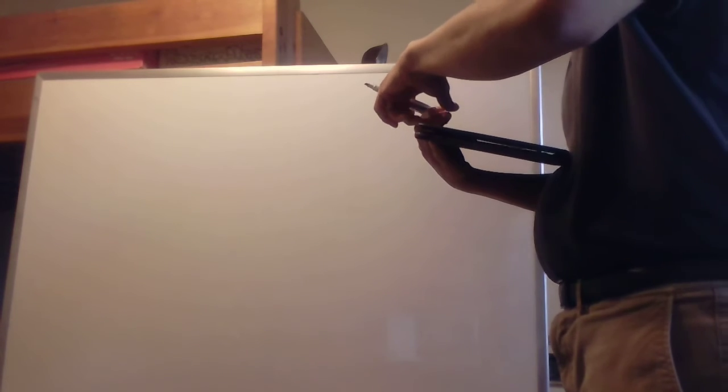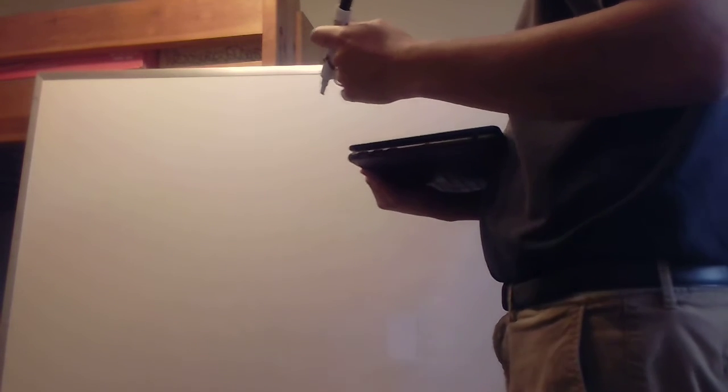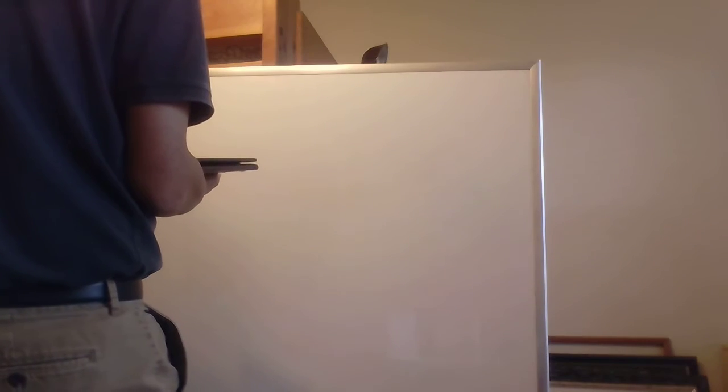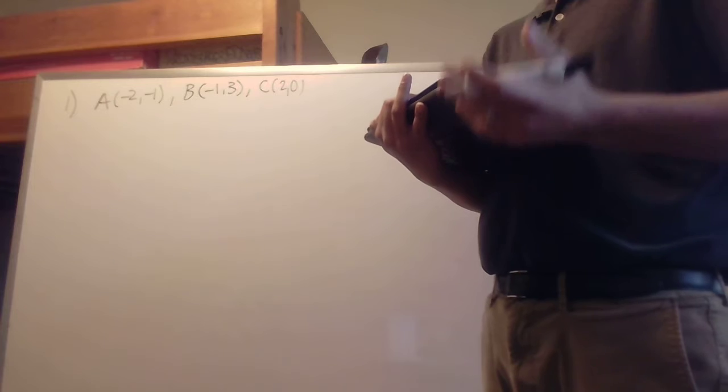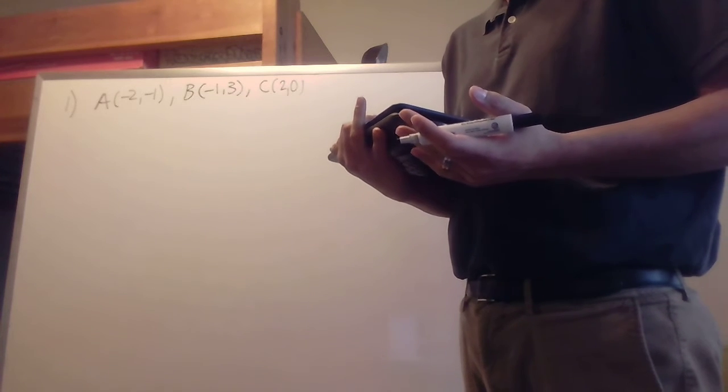So problem 1 is a coordinate geometry problem. It says classify triangle ABC with vertices A being at -2, -1, B being at -1, 3, and C being at 2, 0. So those are the vertices of the triangle we are looking at, and it wants us to classify this triangle as either